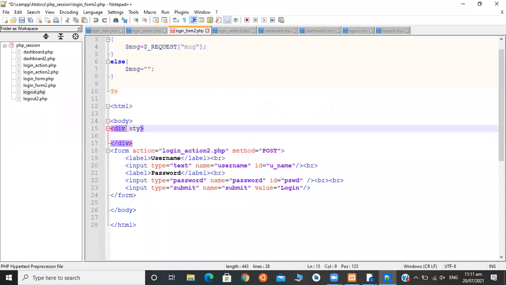Style is an attribute here. This is called inline CSS. When we learn CSS or HTML, you'll get to know about this style attribute. We are giving this div a height.